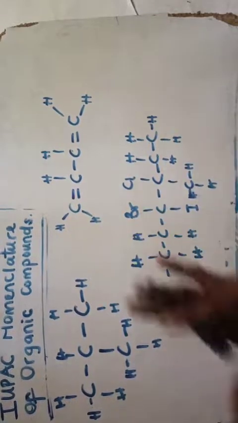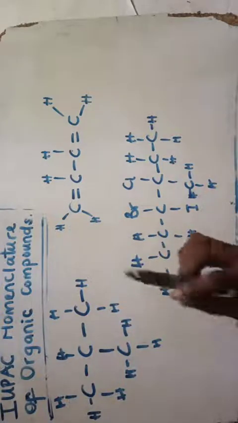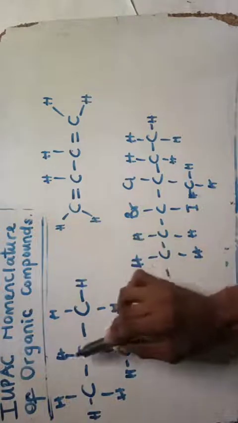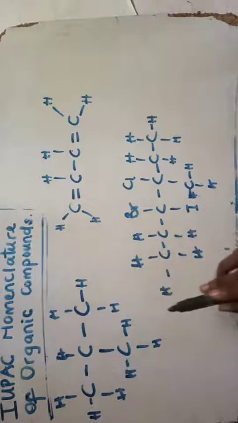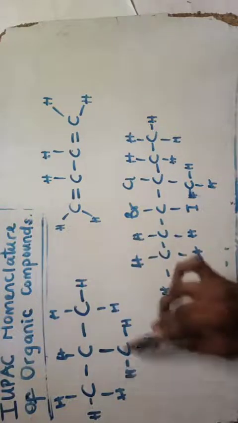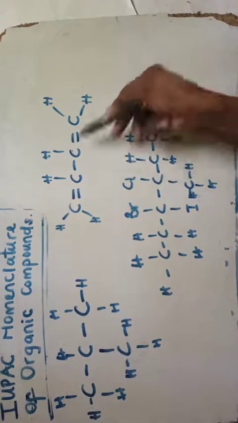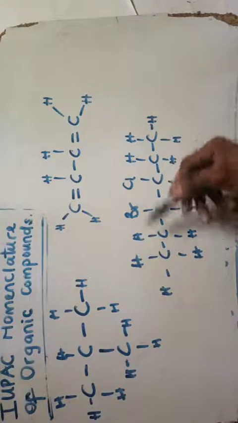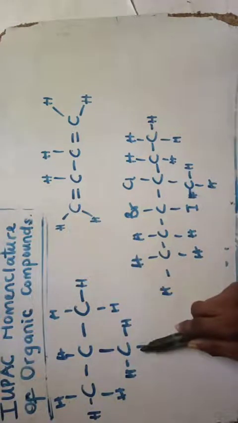First thing is you find the longest chain present. So I haven't found the longest chain yet. If I find 1, 2, 3, I can decide to say 1, 2, 3. Now this is propane, simple. I found the functional group here is just A, because you just have your suffix and the prefix there.